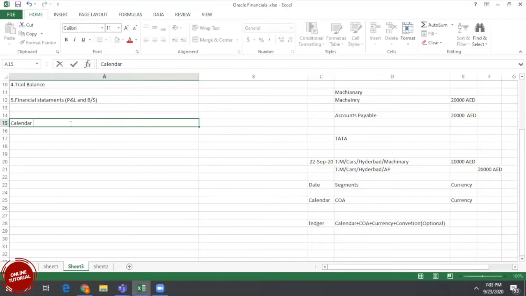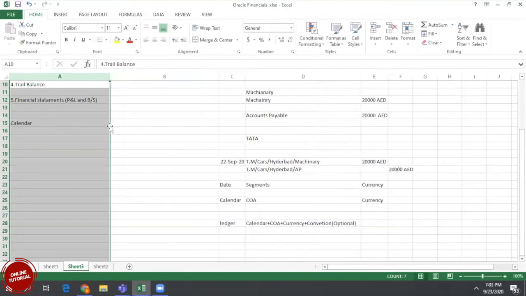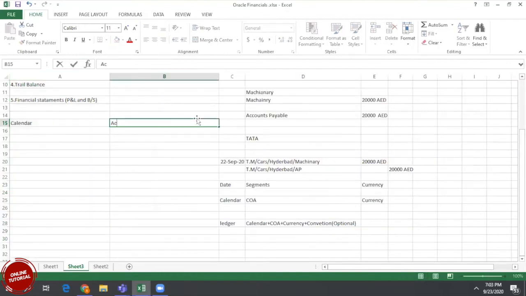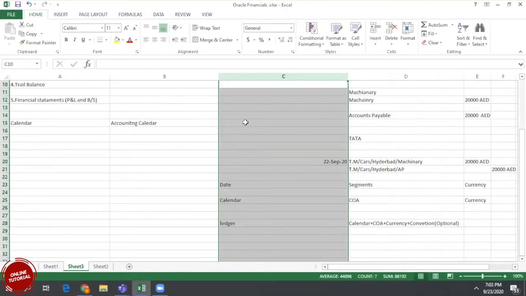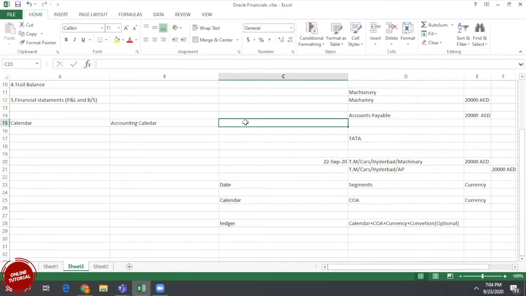Basically, calendars are of two types. One is the accounting calendar, one is the business calendar. The accounting calendar is very important. The purpose of the accounting calendar is to enter the transactions based on the date which is selected, and we can find the accounting balances for each period.